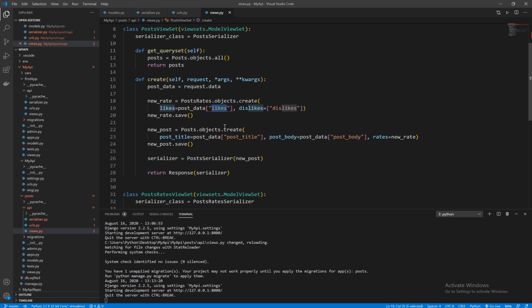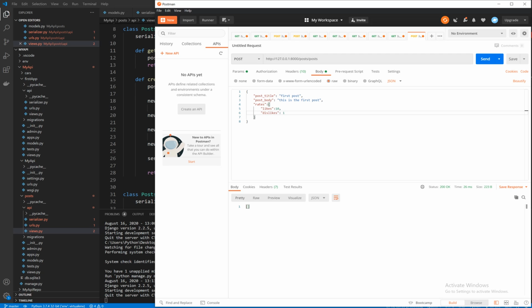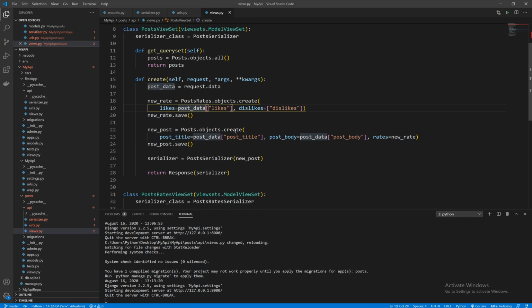In this way, likes is supposed to be in this scope with the post title and post body, but in order to get likes, we need to access the object key first, and then the likes. So to do that, we just need to add another square brackets, and inside them we'll type rates,